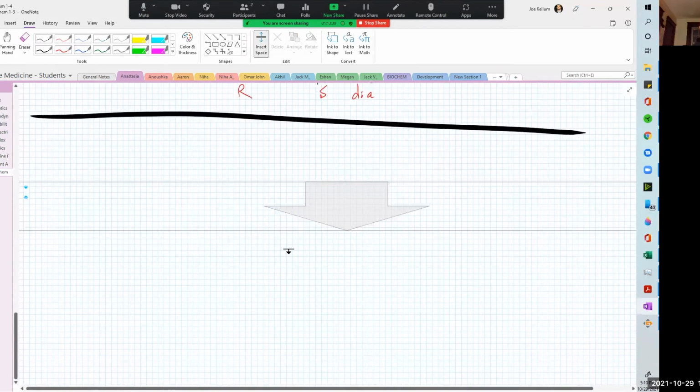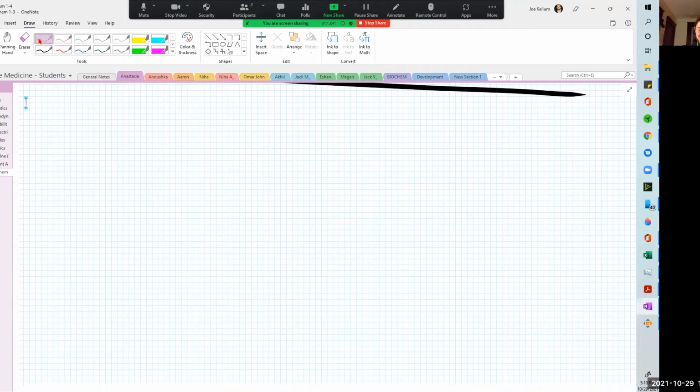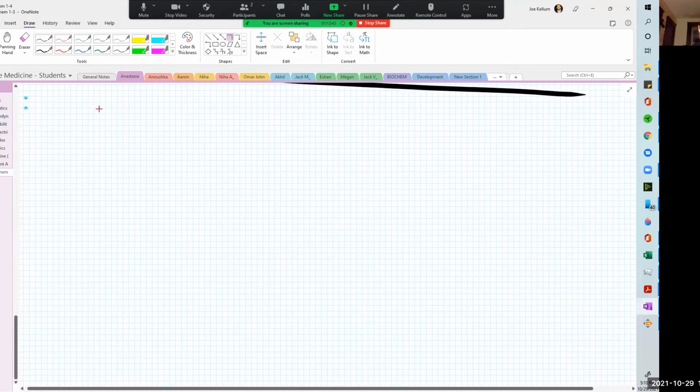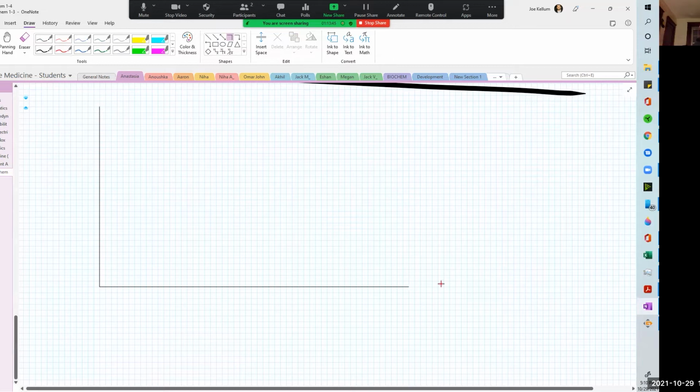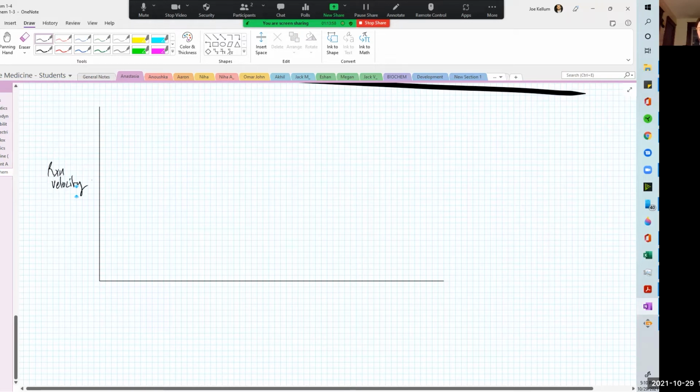Enzymes, yeah, they speed up reactions. They're catalysts. There's different types that work specifically to catalyze specific reactions that are happening. I know there's a mnemonic, but I don't remember what the mnemonic was. I know their essential impact is on the activation energy, so they lower the activation energy and they